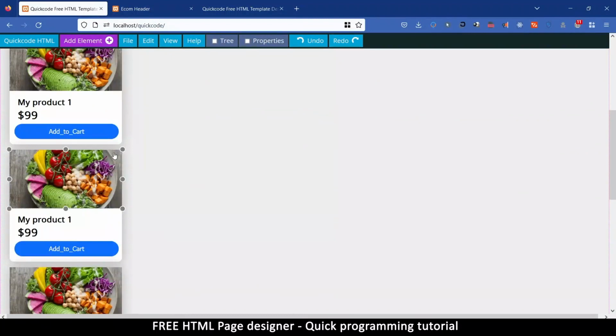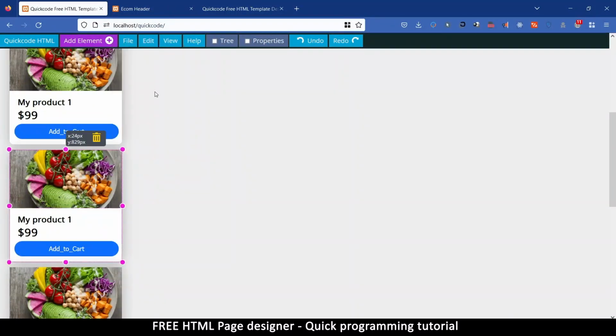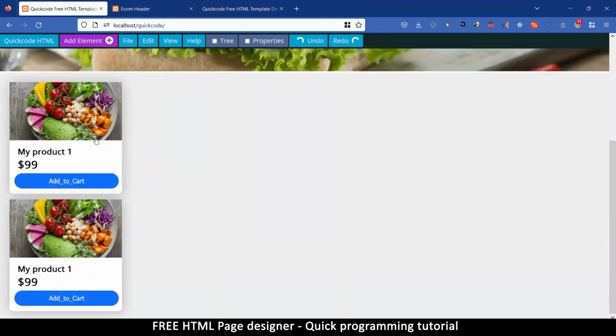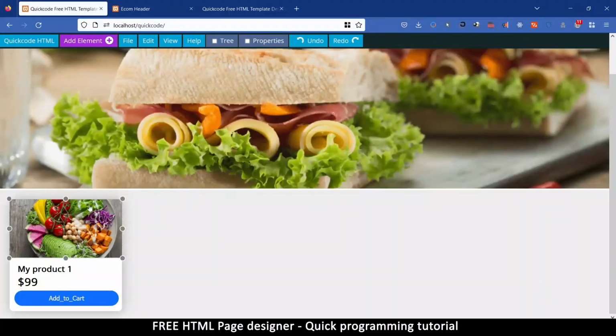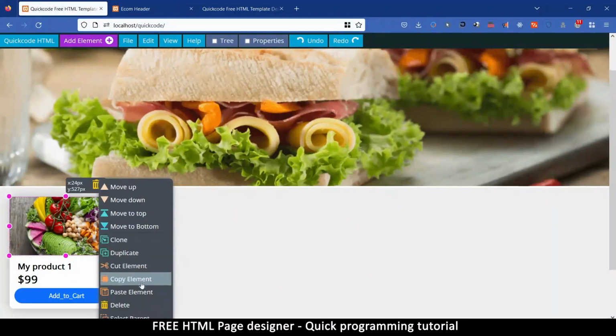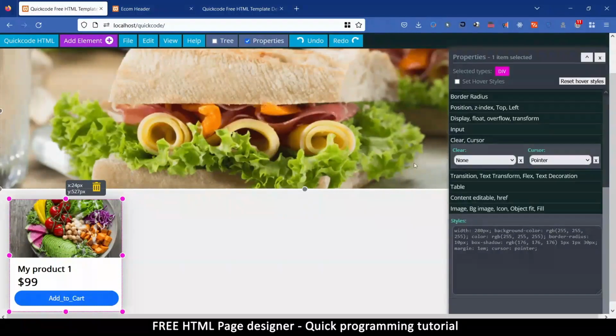So what I'll do is, let me delete all of them. I'm going to select the parent, delete, click on this one, select the parent, which selects the whole thing, delete, select again, select parent and delete. Now we have one last one, select parent and delete. It's easier to just work on one and then do a copy. That's always better. So let's select parent,